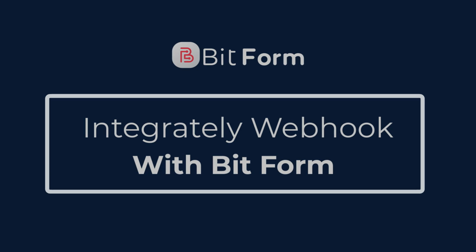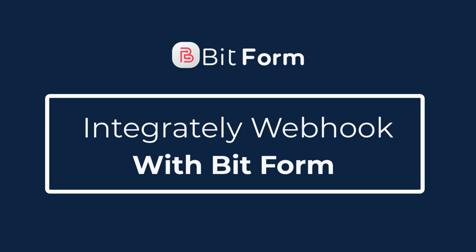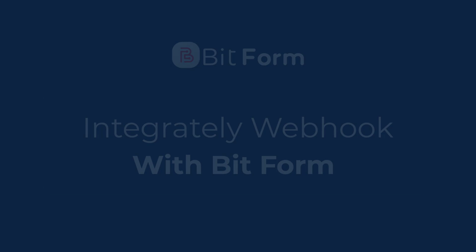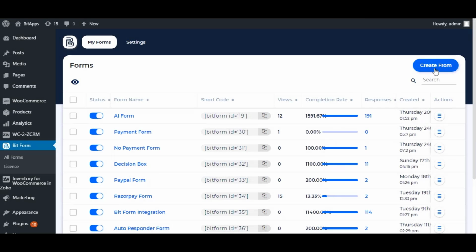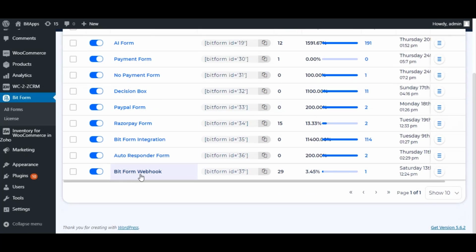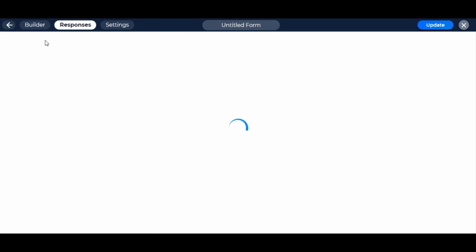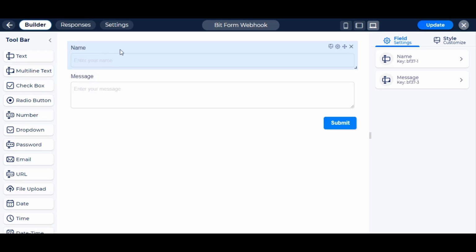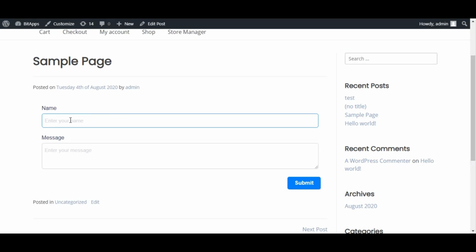In this video, we will demonstrate how you can use webhooks to send data via Integrately by Bitform. From the Bitform dashboard, create a new form if not exists, or select any other form to use the webhook. We have two fields to test the webhook here, and we have selected the form at the front end to